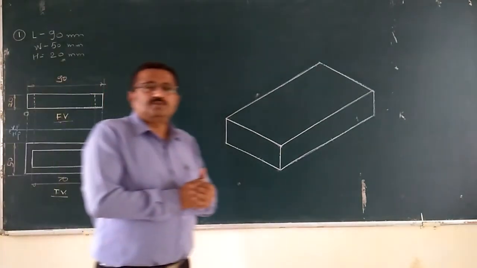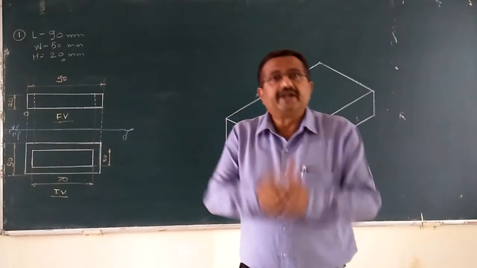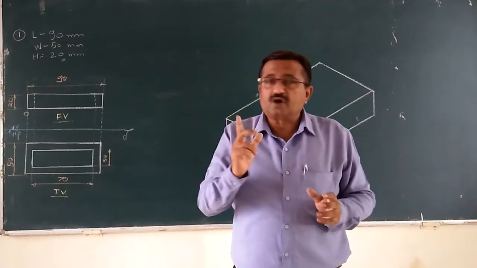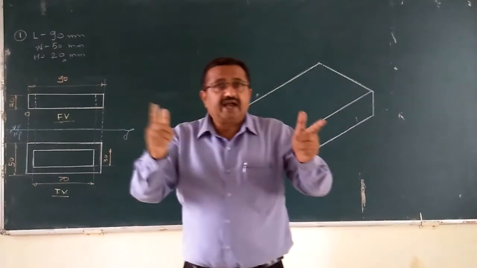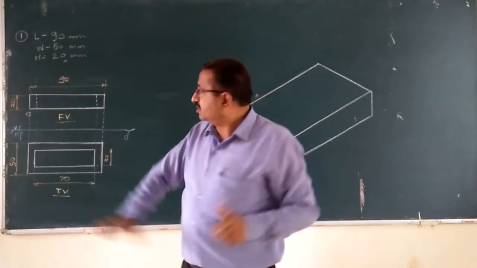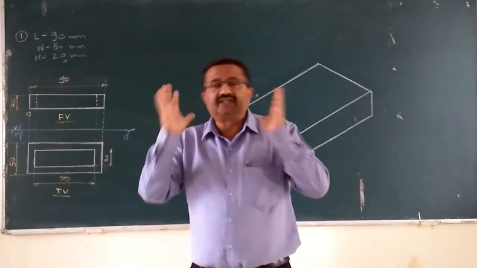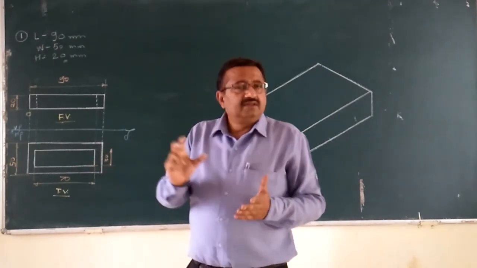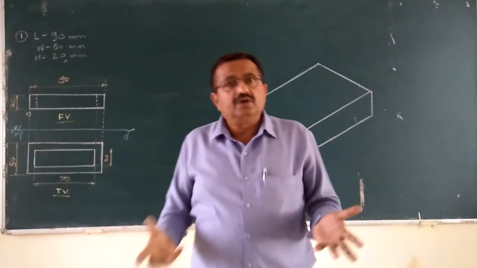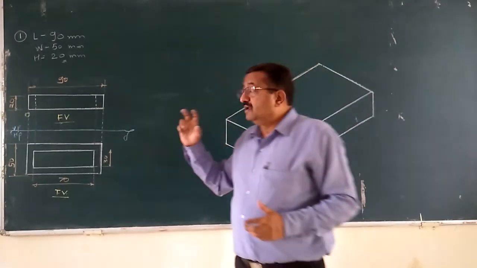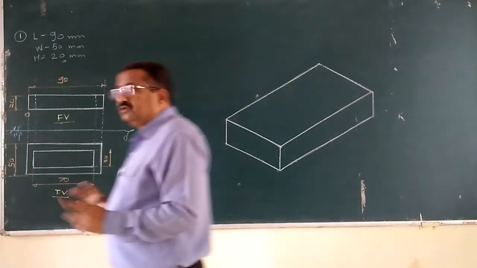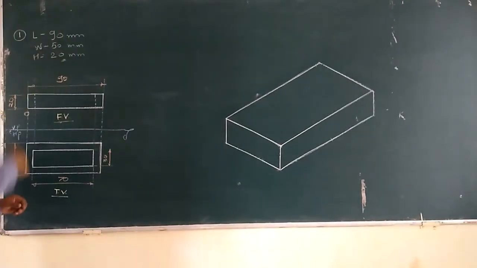What is the application of those lines? In order to show the hidden corners, hidden lines, hidden diameters, whatever it may be, hidden things, hidden slots. Those are not visible at a glance to the observer, because all the objects are made up of opaque things. In Marathi we say apardarshak vastu. That is, it is either made up of wood or metal. It is not made of glass at all. Okay, one should take care of this. So that's why dashed and thick lines are shown.